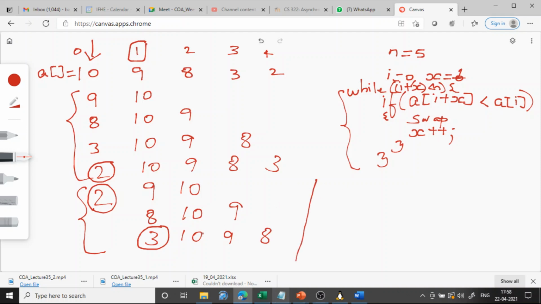Compare the second element with the third element. If it is greater than, then swap. So the first element is 2, that is fixed. The second element is 3. Now when you compare 10 and 9, yes, it is greater than, so it will become 9, 10. Then the second element is 9. Compare that with the fourth element. If it is greater than, swap. So it will be what? 8 will come here, 10 will come here and 9 will come here. So this is the end of the third iteration. At the end of the third iteration, the third element has come to the correct location.